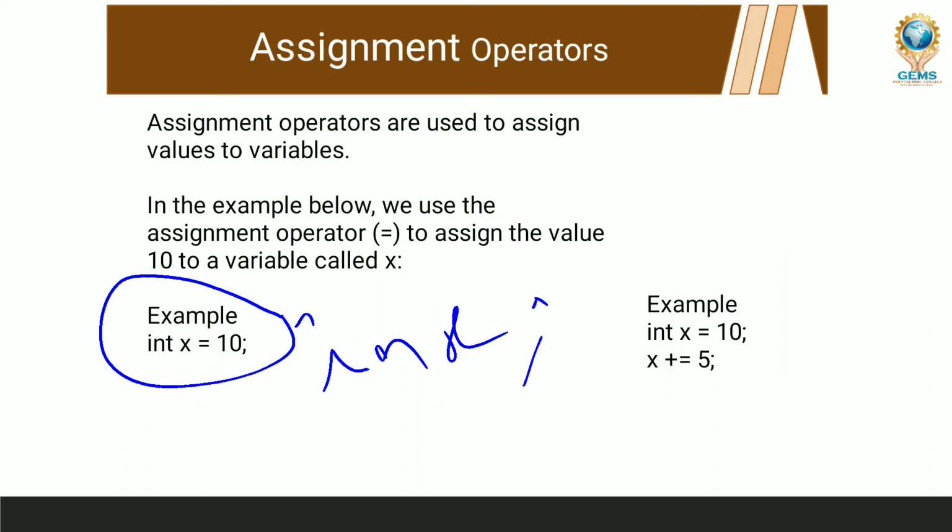Now our intention is to assign a value to the variable. We are creating a space, preparing a space for what? To keep something over there. Our intention is to keep something, and for that we need a space. That is why we are preparing a space. So we are declaring a variable to keep some value over there. Assigning that value to that space or variable is called assignment. How will we do that? Using the assignment operator.